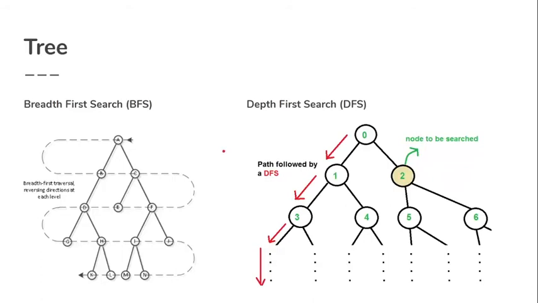Let's see an example here. When you are trying to find element 2, it starts from the root node and tries to find it from the left, the leftmost element. Once it's found, that's fine. If not, it comes back to the parent node and tries again, and only then does it go to the right side. So that is the thing. These are the two searching algorithms for tree.